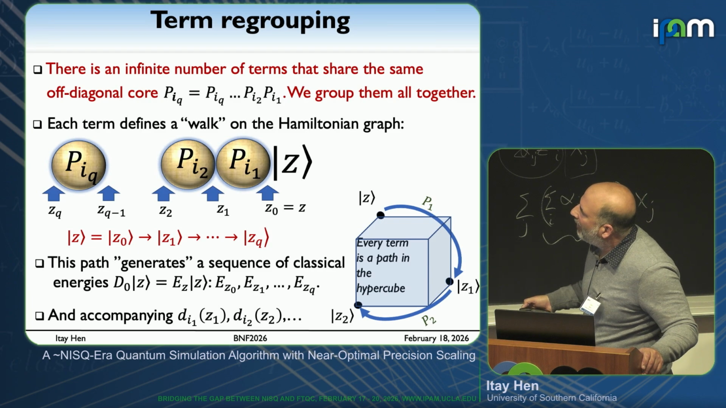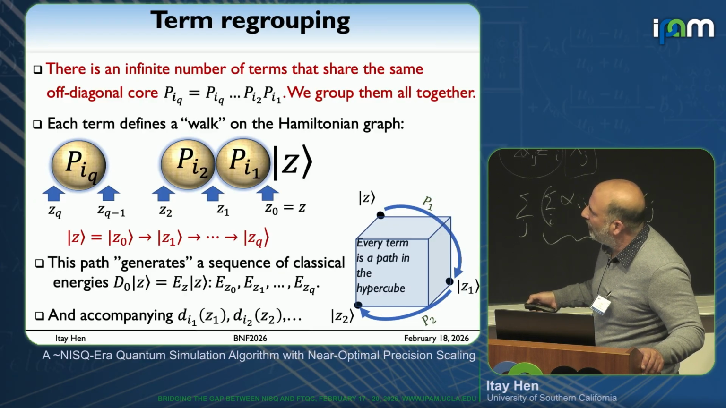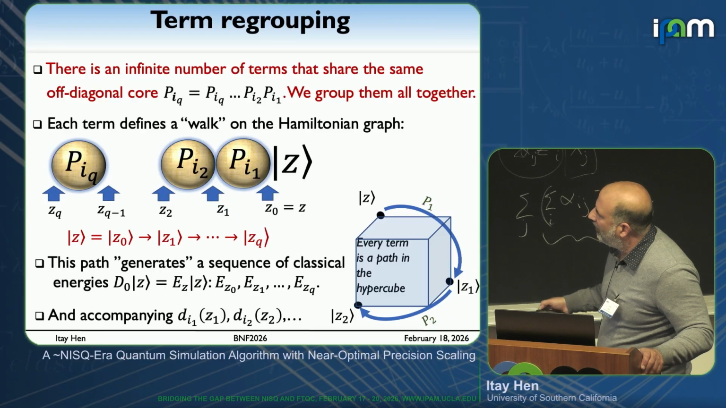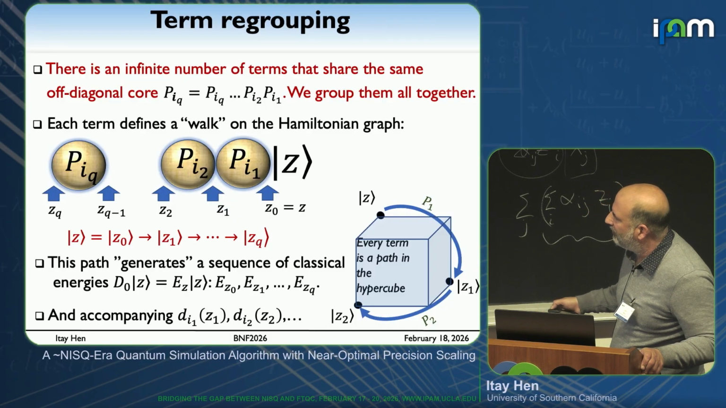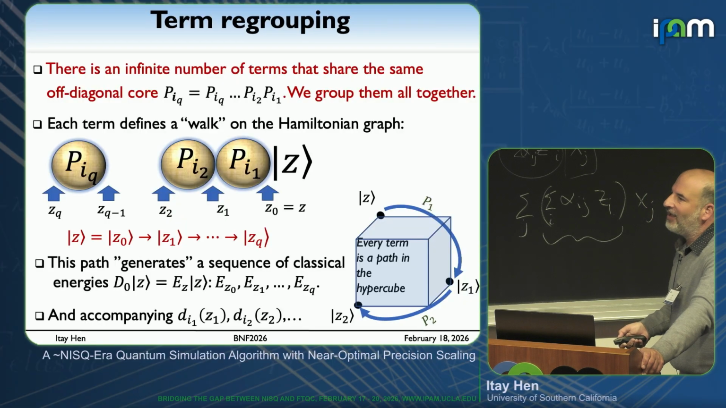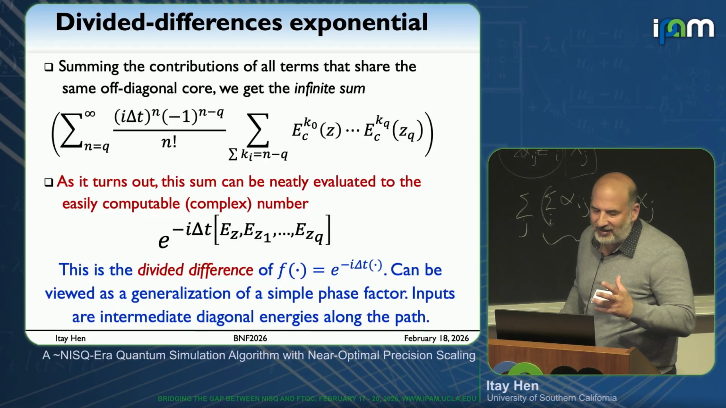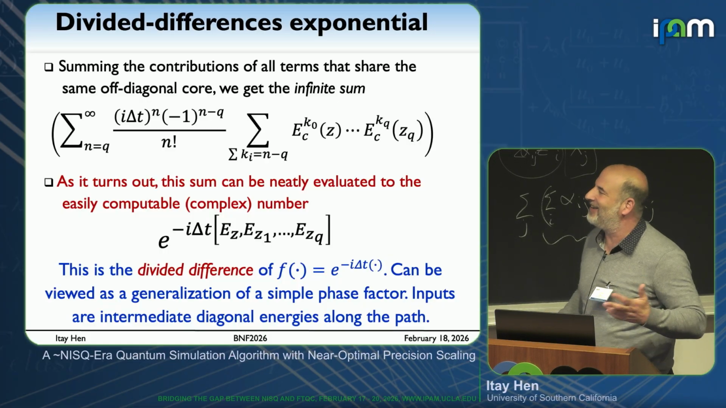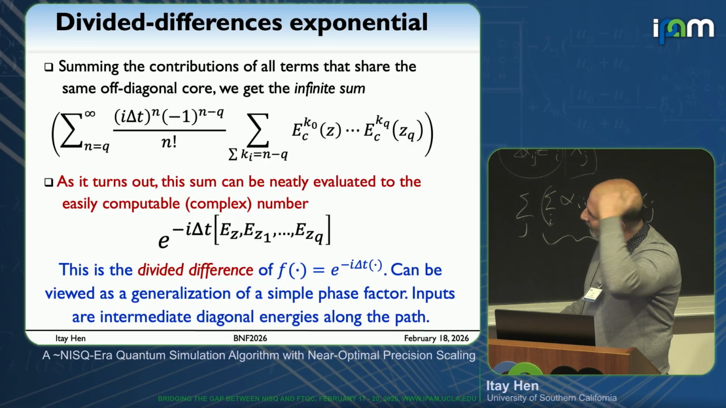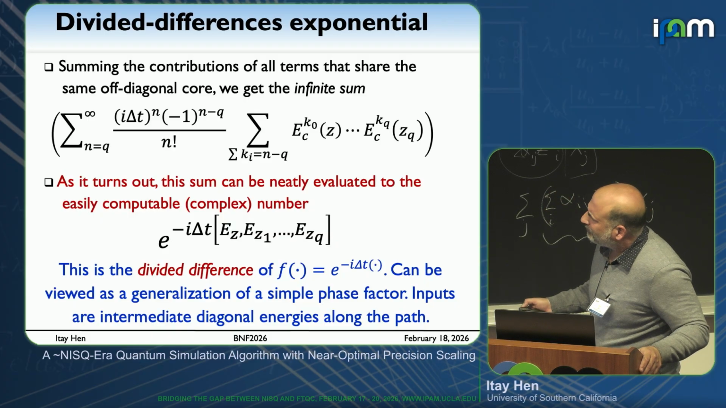So we have energies that belong to the nodes and off-diagonal elements that belong to the edges for every walk, okay? Thank you. Now, and this is, I think, the most important slide in some sense of this work, is because